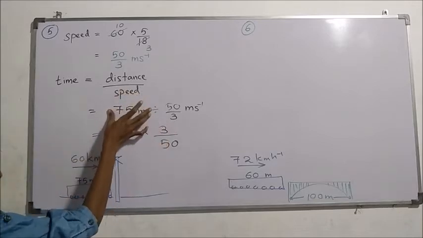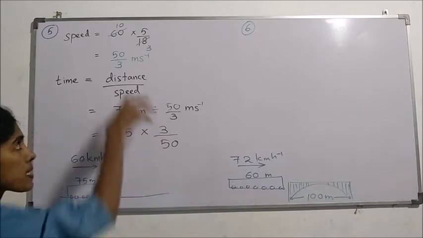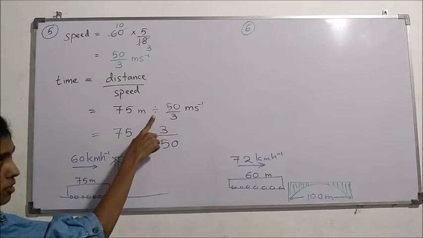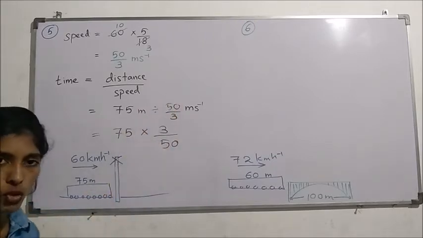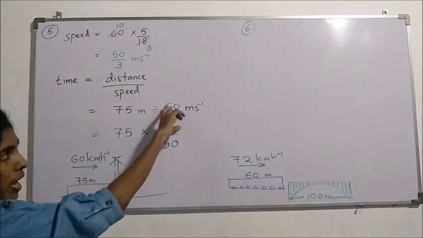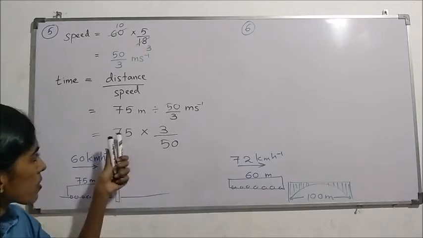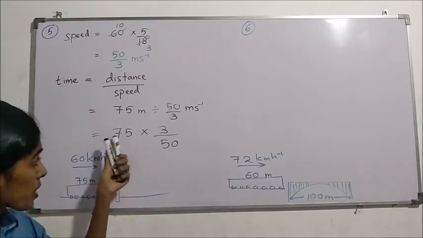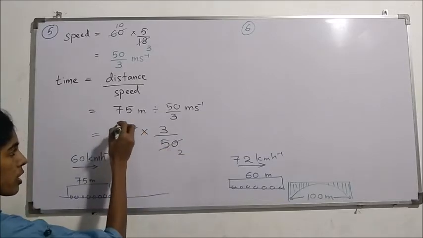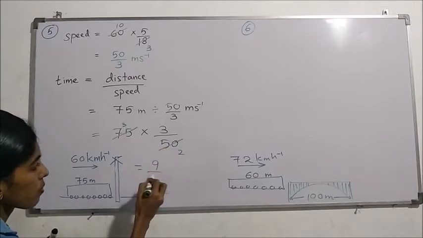The distance 75 meters, divide. Here I am not writing the speed as a usual fraction because this is a fraction. So I am putting the division mark and the speed as a usual fraction. Then instead of the division put multiplication and the reciprocal, upside down, of the next fraction. Now see whether you can simplify a little. By 25 both are divisible. 25 times 2 is 50, 25 times 3 is 75. So 3 times 3 is 9 over 2.